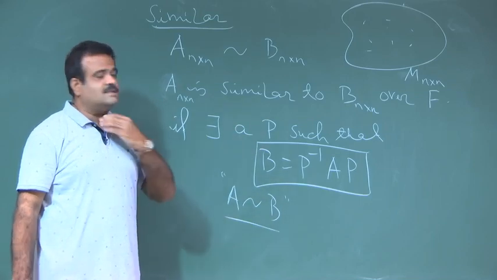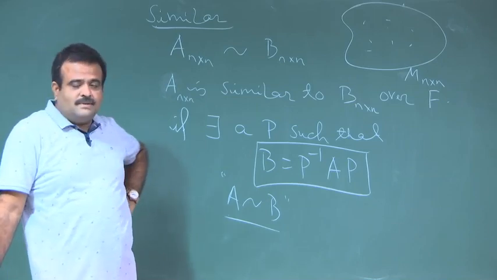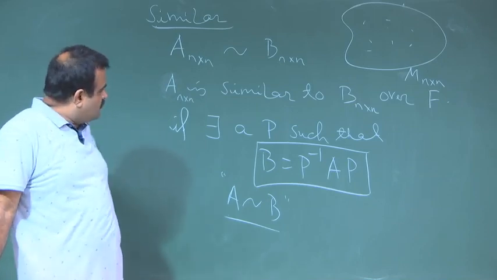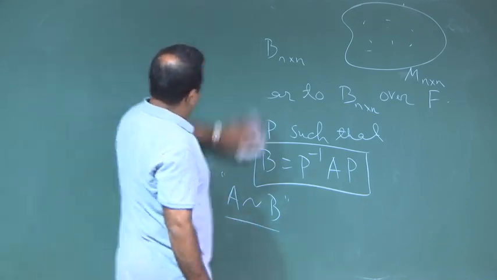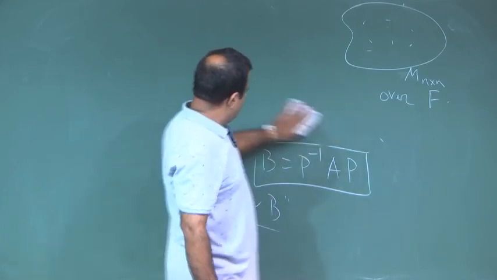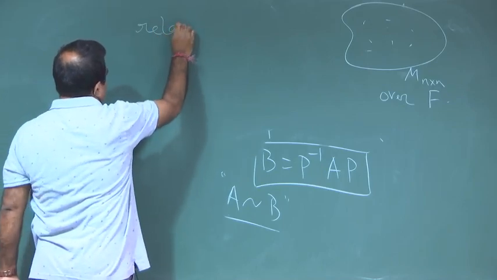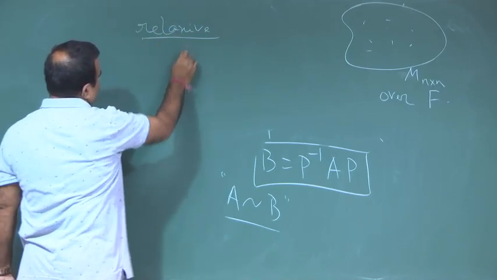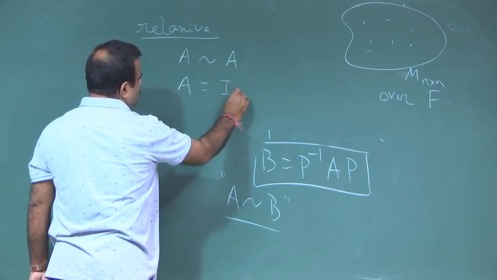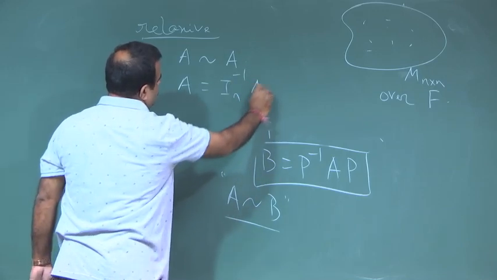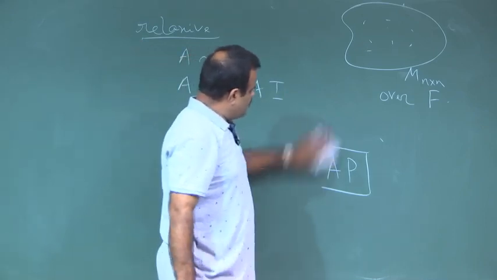So, this relation is reflexive, because A is similar to A, and this relation is symmetric. The reflexive property is easy. Reflexive means A is similar to A, because we can write A as identity matrix inverse A identity matrix, and this is our P. Now, symmetric means